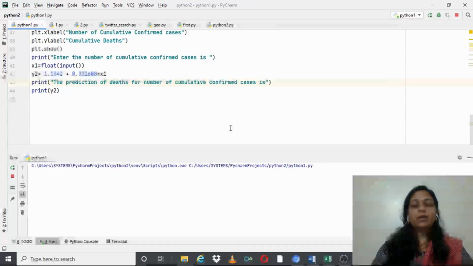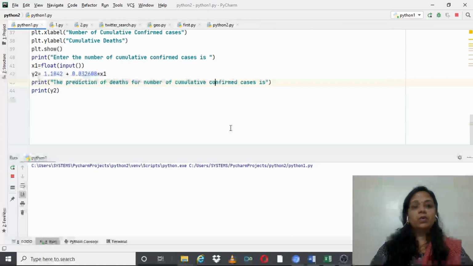When I come to know all these three values, then I can make a prediction of y. Hence, this is an important concept which can help me to predict the number of COVID patients who may die in future based upon the number of confirmed cumulative cases.